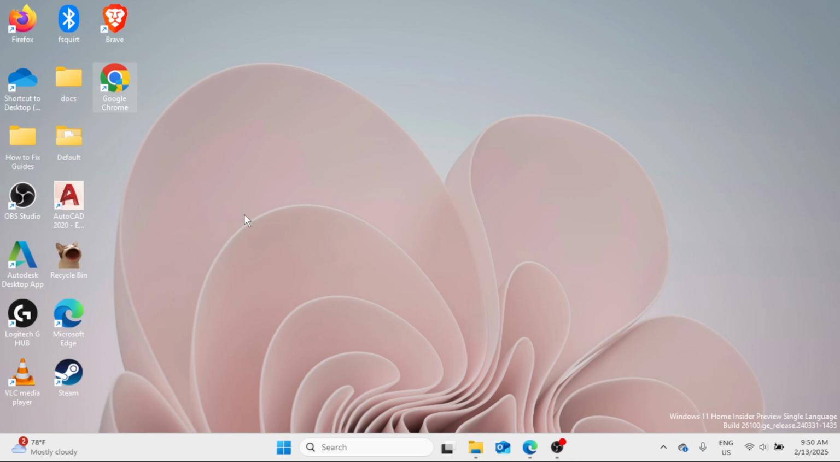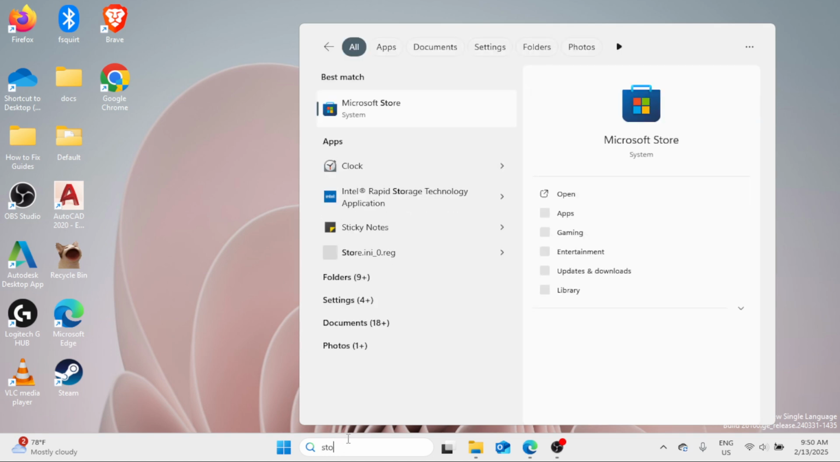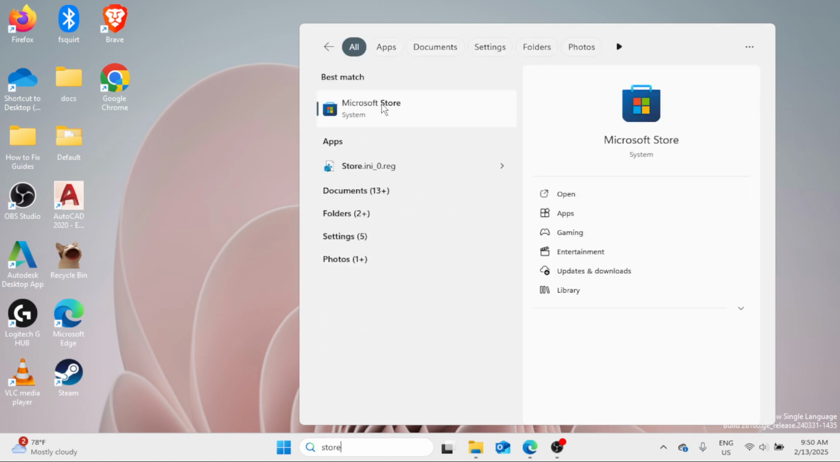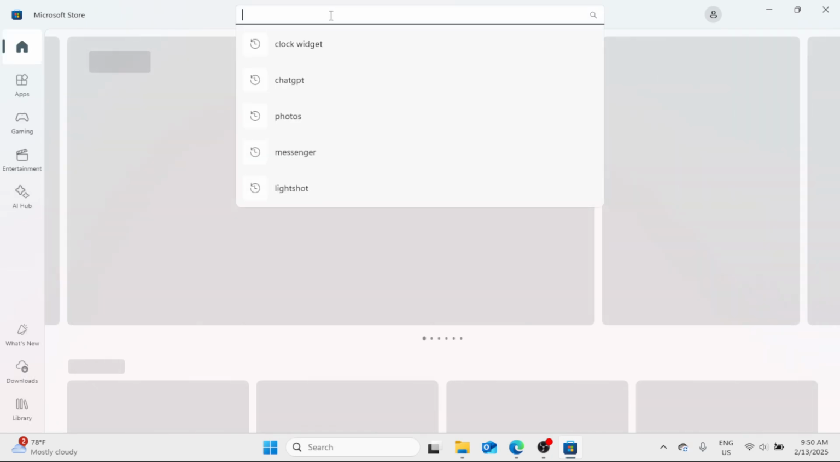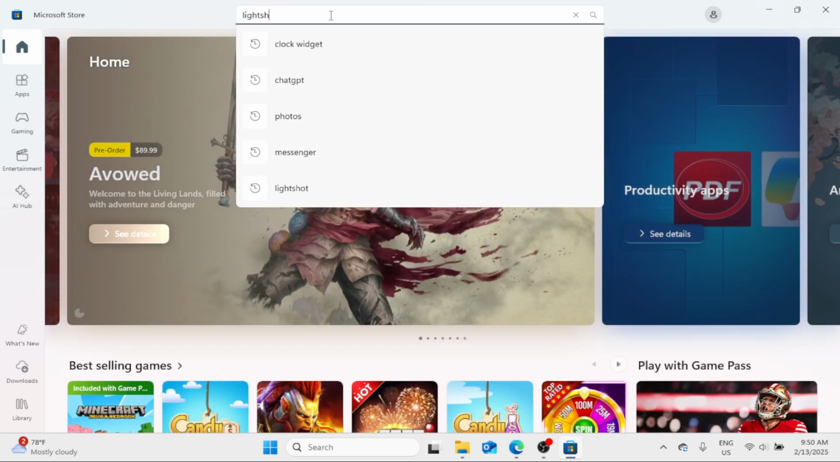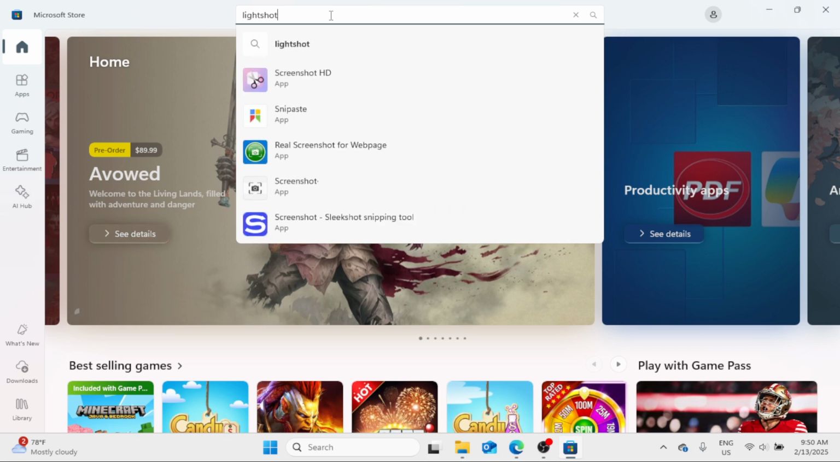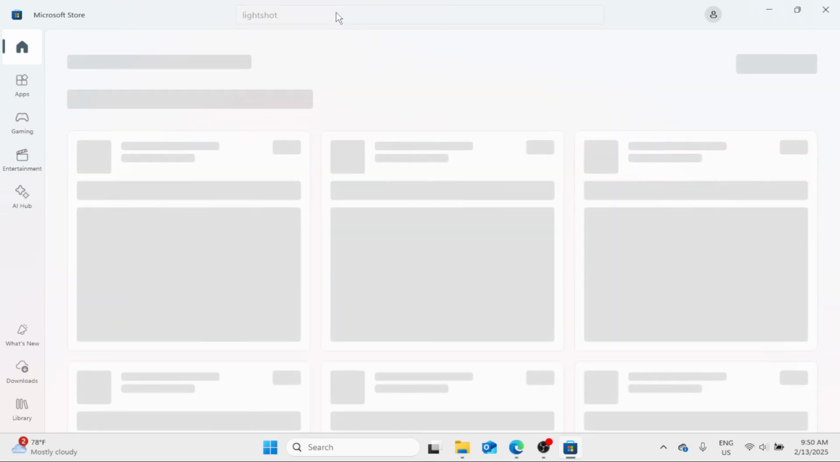Now the third method is to download a third-party screenshot tool through the Microsoft Store. So in the Windows search bar, type Store, open it, then type here Lightshot. Once you search Lightshot and hit enter,